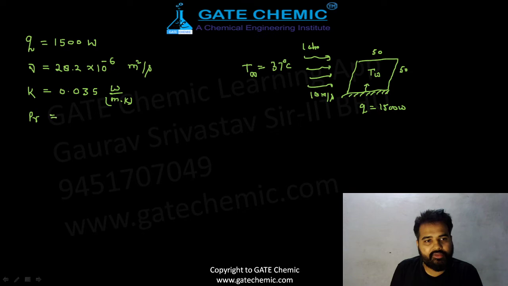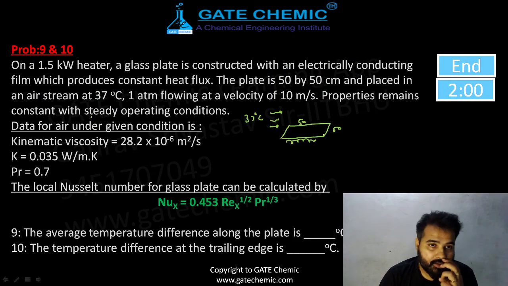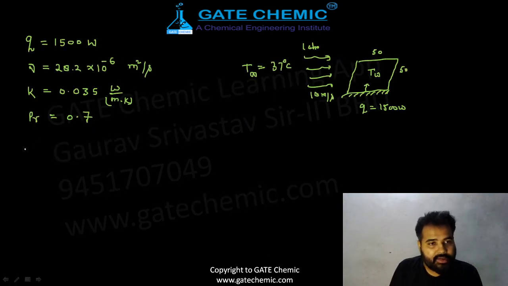Prandtl number is directly given, 0.7, and one beautiful equation for local Nusselt number is there, and that is Nu_x given as